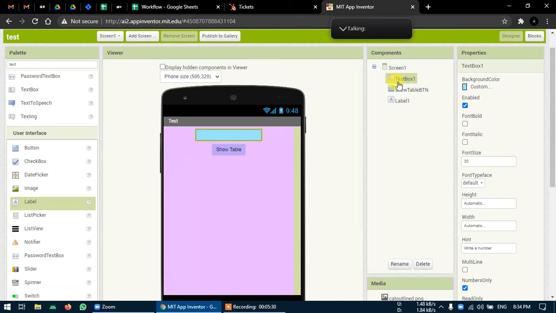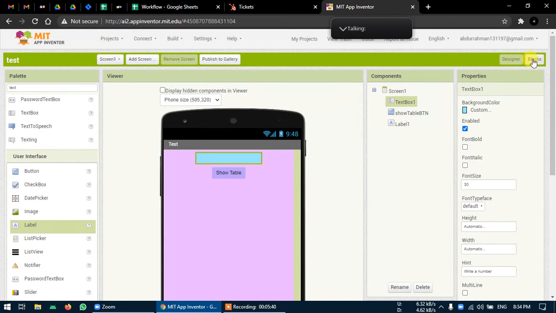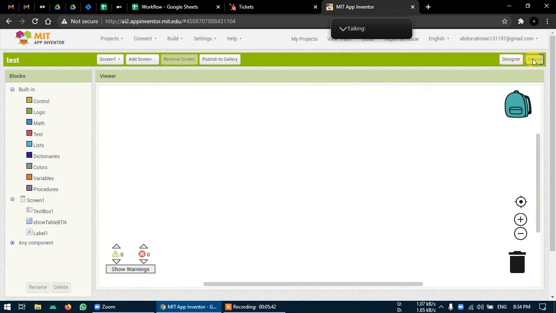Not the number itself, but the table for that number. If it is 5, then 5, 10, 15, like that. If it is 2, then 2, 4, 6, 8, like that. So let's give the logic for this app now. Go to the blocks section. Now, whenever I click on the Show Table button, it has to do something.